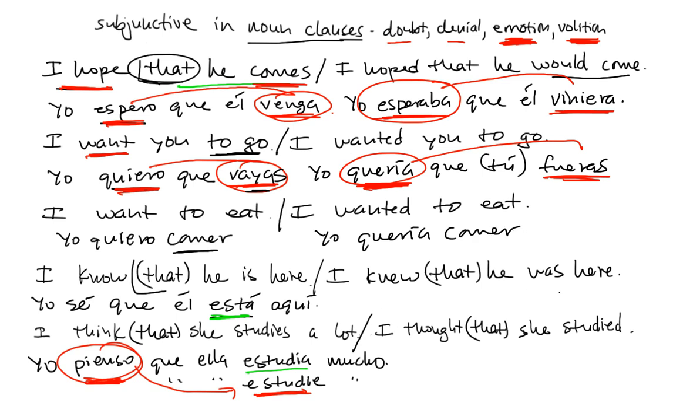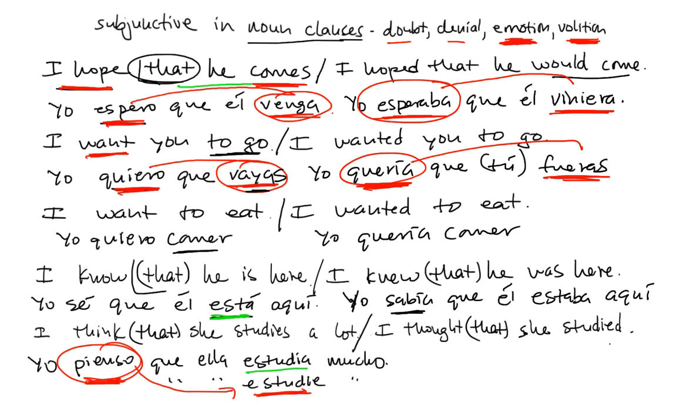Next one. I knew that he was here. Okay. Putting the initial sentence into the past. I knew. Yo sabía que. The que is not optional in Spanish like it is in English. You can say in English, I knew he was here. In Spanish, you must separate the clauses with que. I knew that que él. Now, I knew this. Is this doubt, denial, emotion, or volition? None of those things appear there. Therefore, yo sabía que él estaba, location, past tense, aquí. I knew that he was here. Or estuvo if he was here and then he's left. Okay, but it would be indicative, not subjunctive.